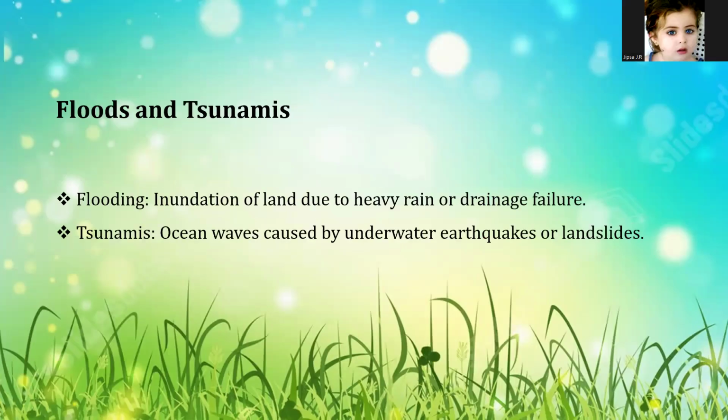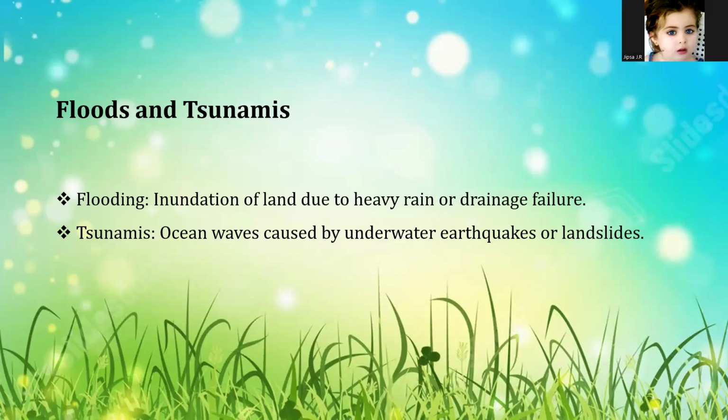Next slide is flood and tsunamis, and this slide provides basic definitions for two major water-related natural disasters, flood and tsunamis. While both involve the movement of large volumes of water onto land, their origin and behaviors are quite different. What is flooding? This slide defines flooding as the inundation of land, that is covering dry land with water. This typically happens when the volume of water exceeds the capacity of natural or man-made systems due to